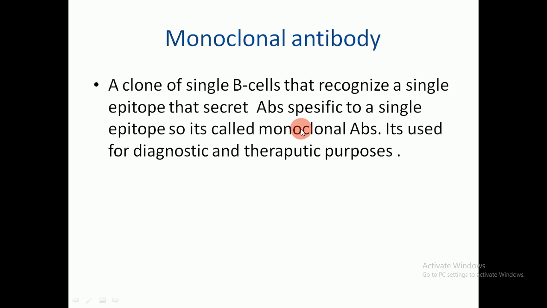So there is a difference between polyclonal and monoclonal, take care: monoclonal antibodies are against a single epitope, while polyclonal antibodies are different antibodies against different epitopes of the antigen. And monoclonal antibodies are used for diagnostic purposes and for therapeutic purposes, for example, used against a specific